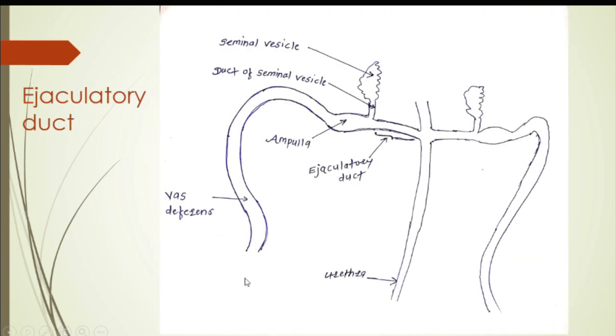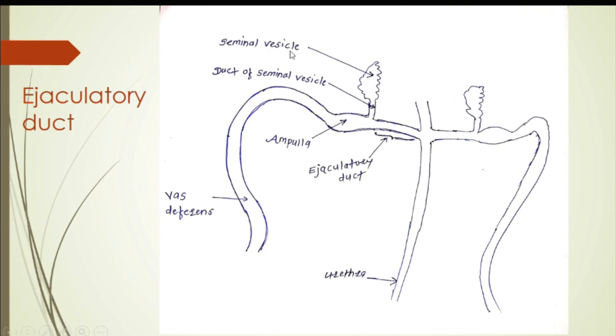In this figure again we will talk about the vas deferens. You can see this is the vas deferens, up to here. The vas deferens is thick walled, and it is a muscular part, and that carries the sperms from the epididymis up to this ejaculatory duct over here. After this vas deferens,